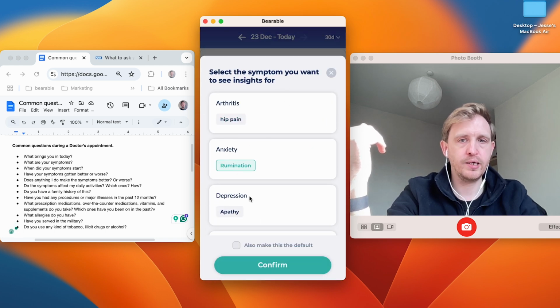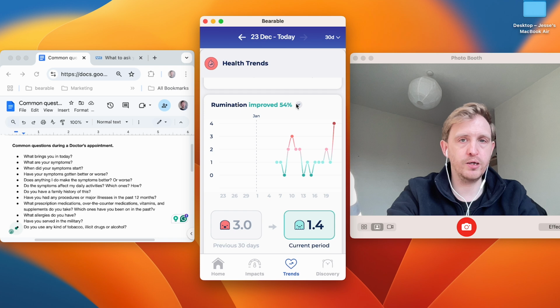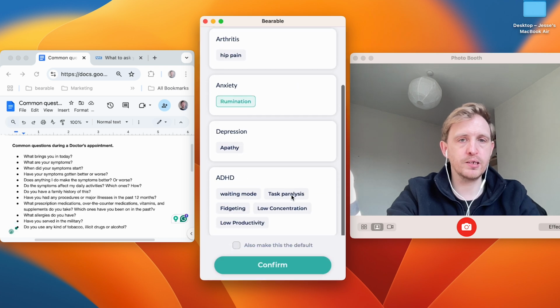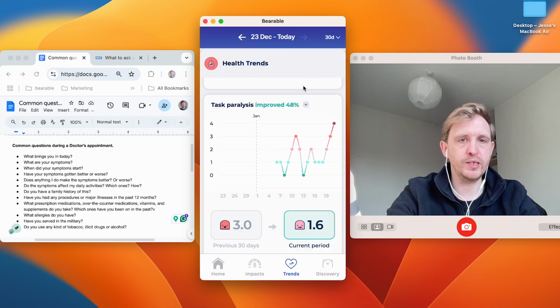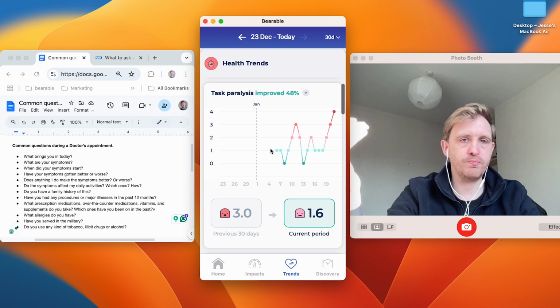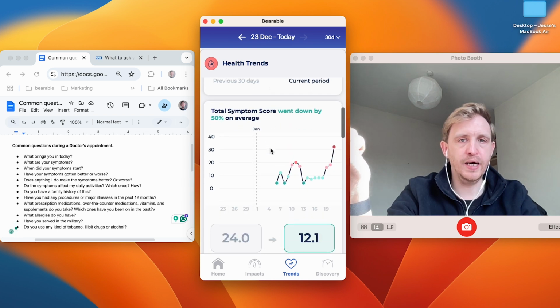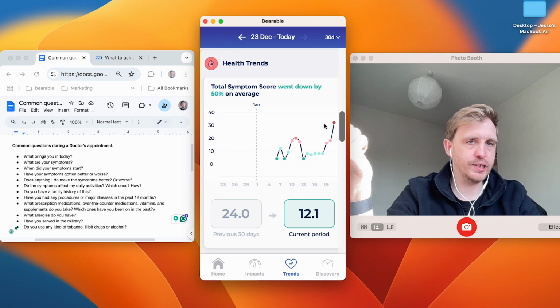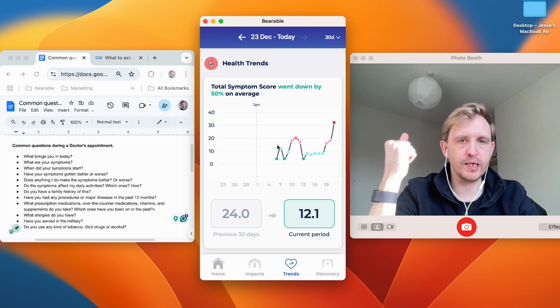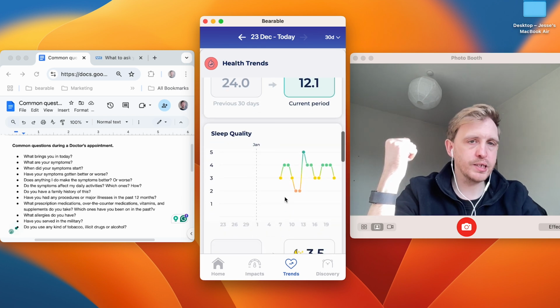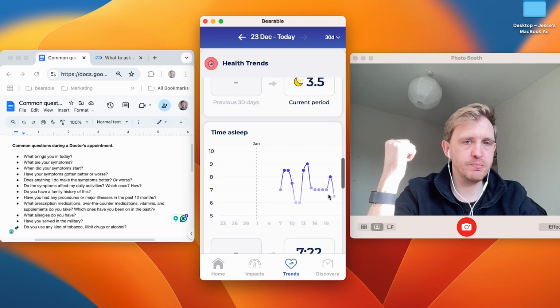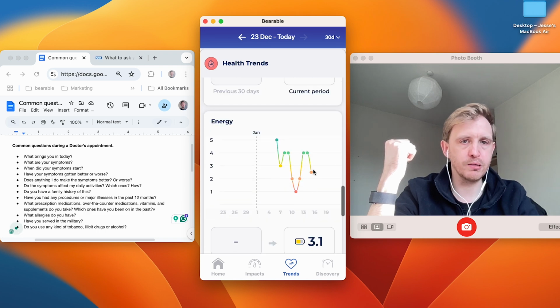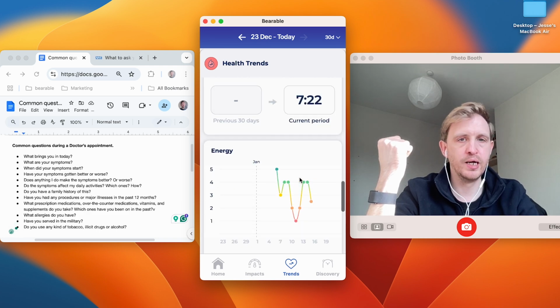but basically in this section you can tap on and select any of the different symptoms you have on your home screen, and look at which of these are changing, which have become most severe. You can see that overall my symptoms are down, but in the past couple of days they've been increasing again, trending back upwards. Sleep isn't really an issue, time of sleep isn't really an issue, energy seems fine even if there was a dip here. So I think